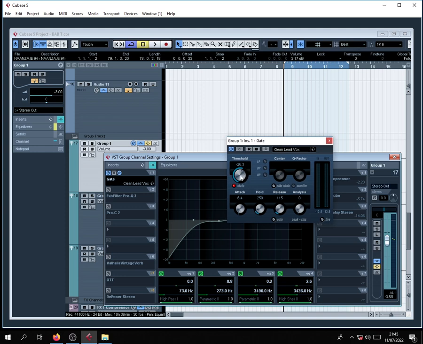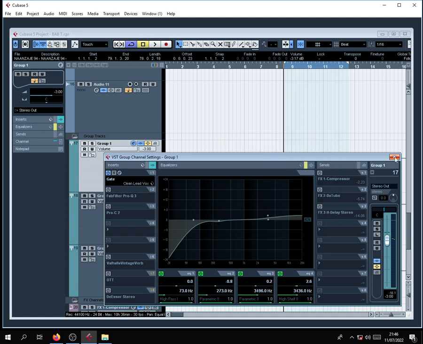The threshold here is too much, so I reduce it down there, and the hold around 200, 230 there, so that when the vocal comes in and it stops,